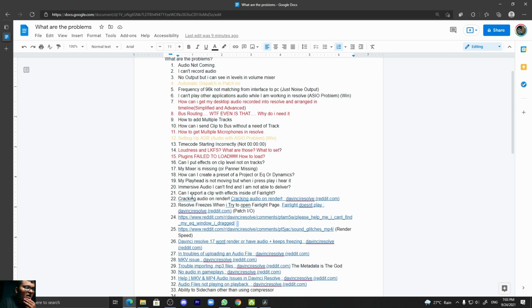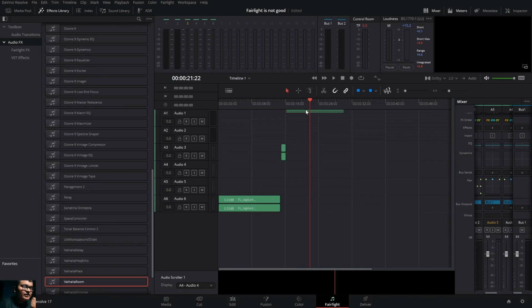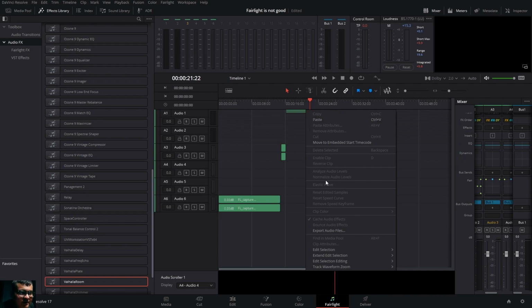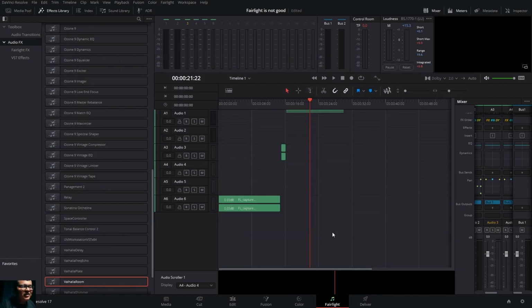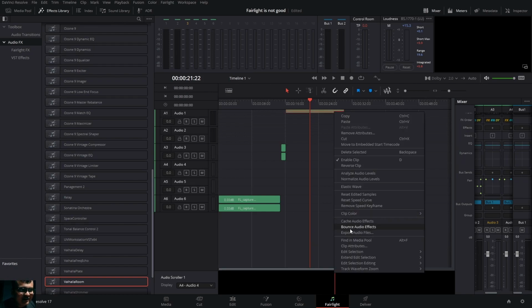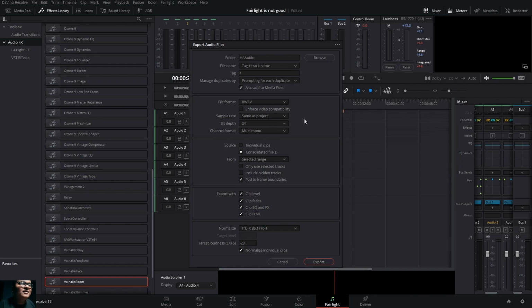Can I export a clip with effects inside of Fairlight? Of course, boys, of course. Here, right click, export audio files. Can you see? So I guess you can see here, right click, export audio files. Here you can name whatever, you can tag and everything.